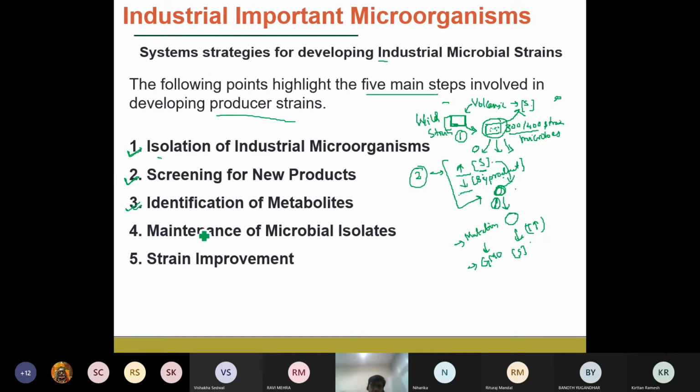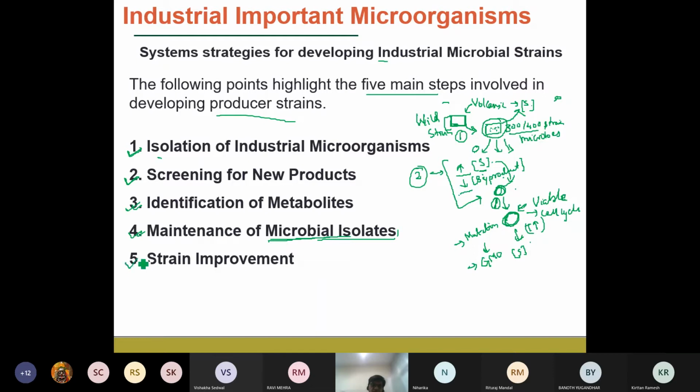And after that you have selected, then you have to maintain that particular microbial isolate, which is also a very important step, okay. So you have to always maintain whatever isolate you have developed from, for example, a mixture of other microbes, okay. So you have to maintain them so that they are viable. Viable means they are alive and they are able to carry out their cell cycles. So cell cycle is required for their growth, right? So that their biomass concentration or their cellular concentration can be increased. So we need to maintain those microbial isolates, okay.